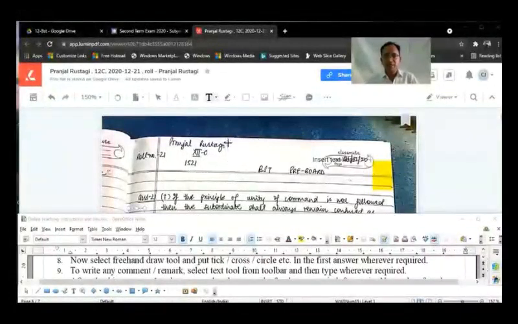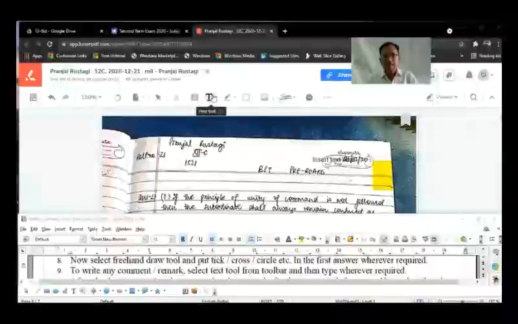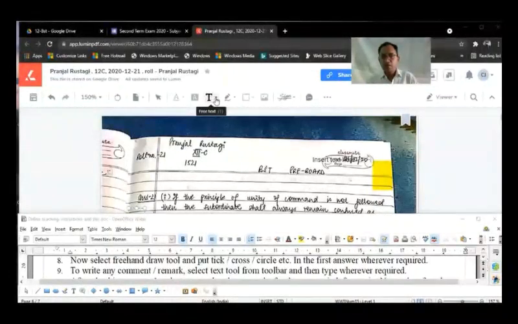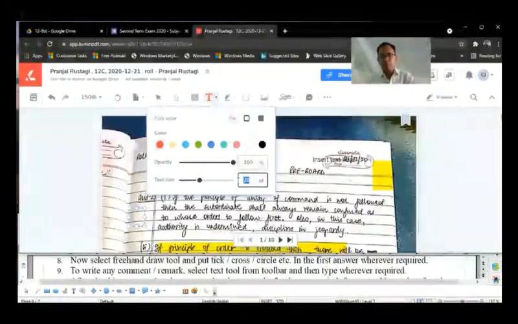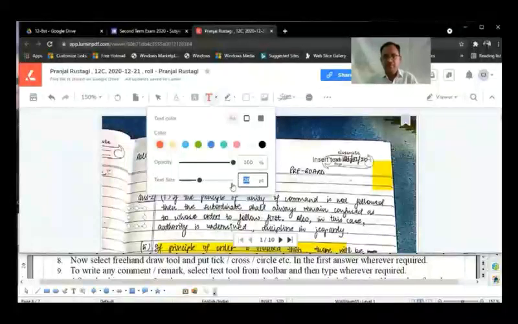Before we start checking, first thing we want to do is choose pen color, ink color. We generally do checking by red color. So you see in the toolbar above, T is written. T is for text. There is a down arrow symbol next to it. Click on that. Choose red color. You can also set the font size, text size. I have selected 20 over here. If you want a lesser text size or more text size, you can increase or decrease it.